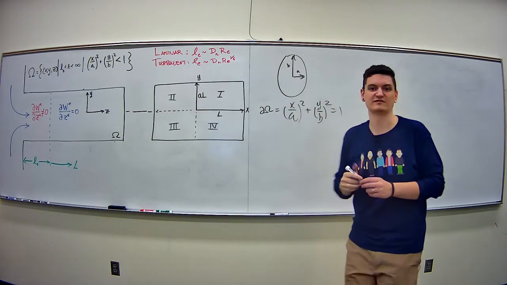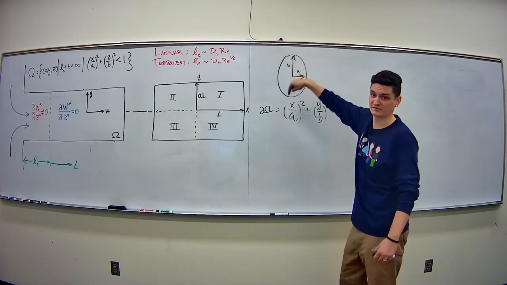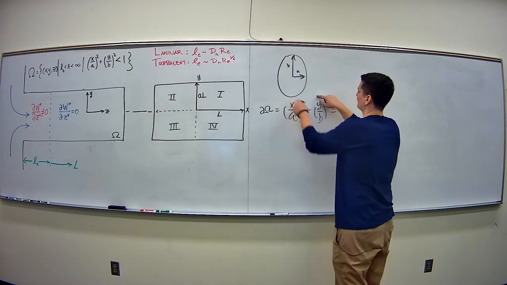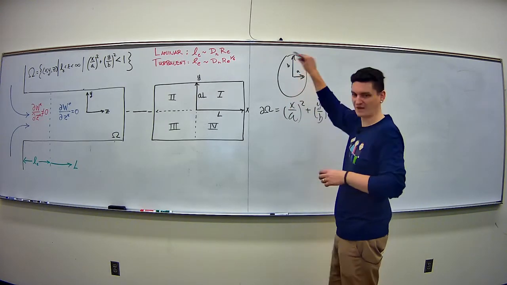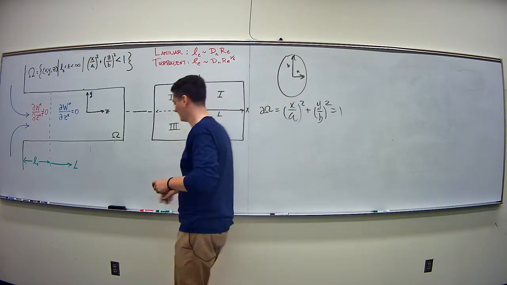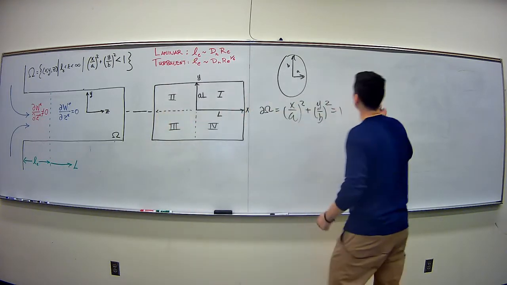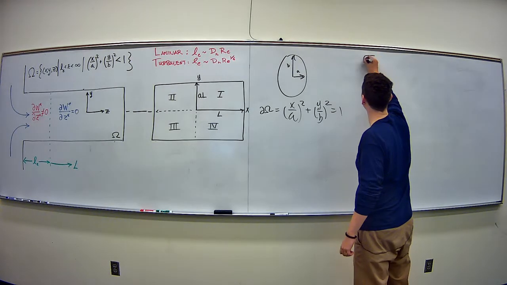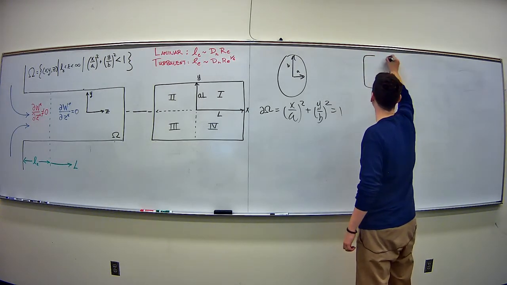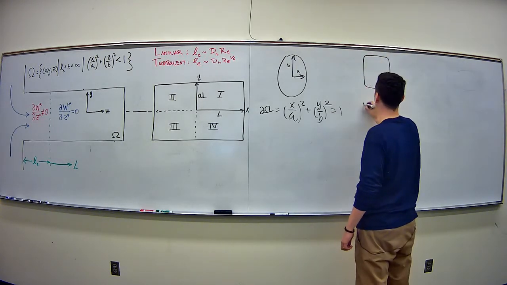This is the equation that defined this cross-section. It defines the boundary by this equation. Any points x and y that satisfy this equation define the boundary of my pipe. So one thing you could actually do is you would notice that if you raise the power to an even value, let's say like this,